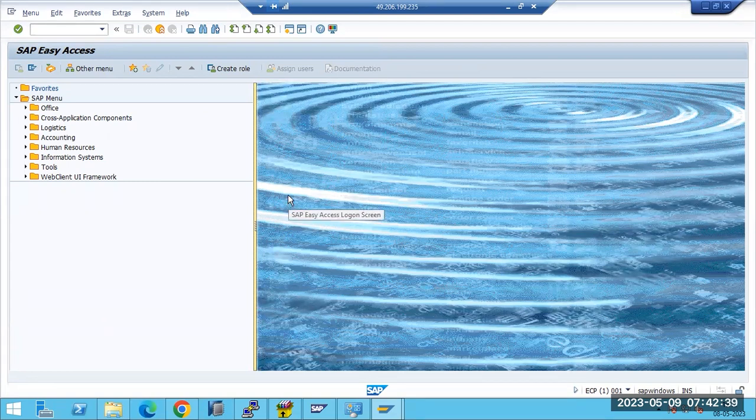But these are the ECC systems. This is the ECC system which we installed. How can we say this is ECC or not? I don't know, you guys installed it. If you go to the menu here, System, Status,